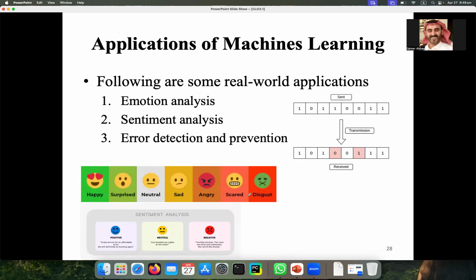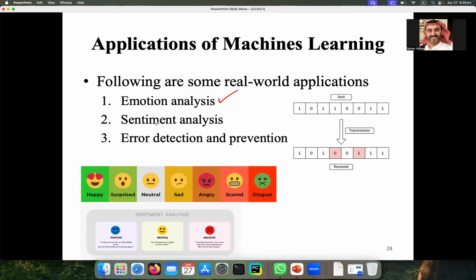And now what are the applications which are available in machine learning? So NLP, machine learning, deep learning, application wise, you will see almost the similar things. So one of the applications in machine learning is emotion analysis. What is emotion analysis?